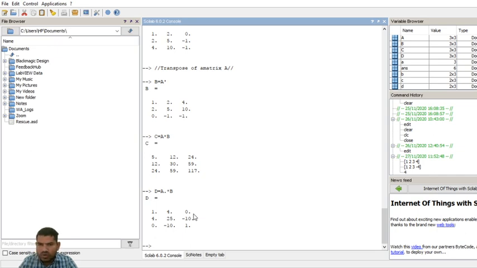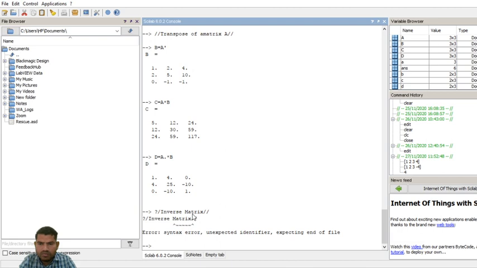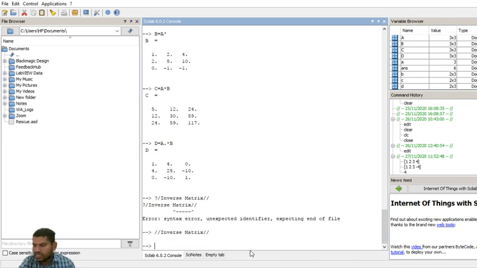Next, now I am going to the inverse of the matrix. Sorry, there is some mistake here. There is a question mark symbol here, that's why we are getting an error. Inverse matrix.